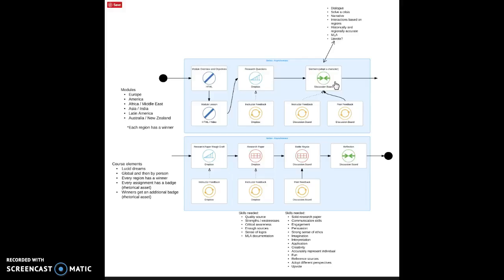And so we have modules that are represented by information and practice and dialogue with feedback, and it all ends with this evidence of learning, which is a battle royale. And we also followed it up with another reflection because we wanted to see what they thought about the course and if it had provided any lasting changes on what they thought about rhetoric. So it was a very interesting process for us.